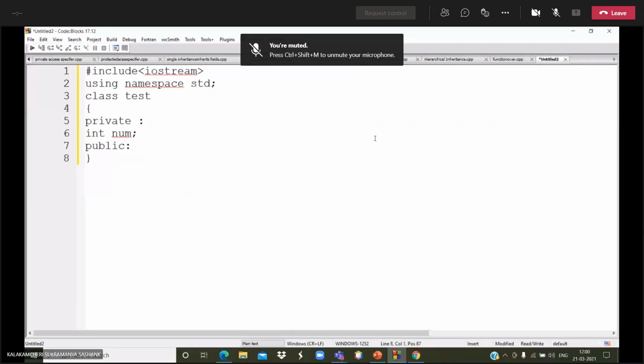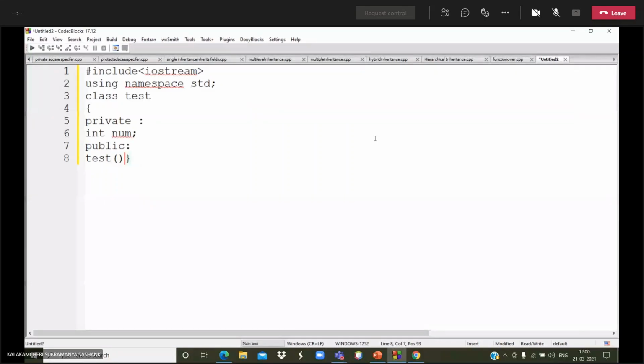Then I am writing the method as operator plus. I am overloading the unary operator, that's why I am writing that operator.